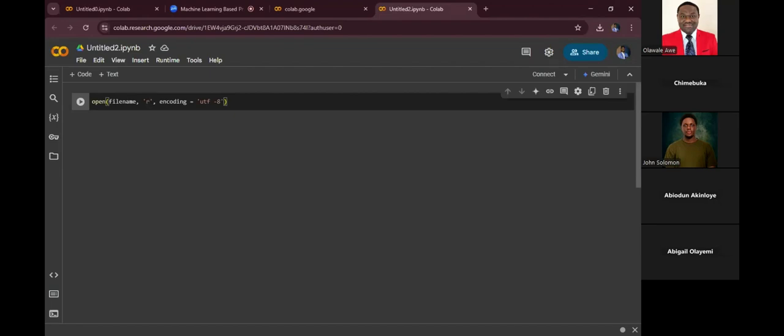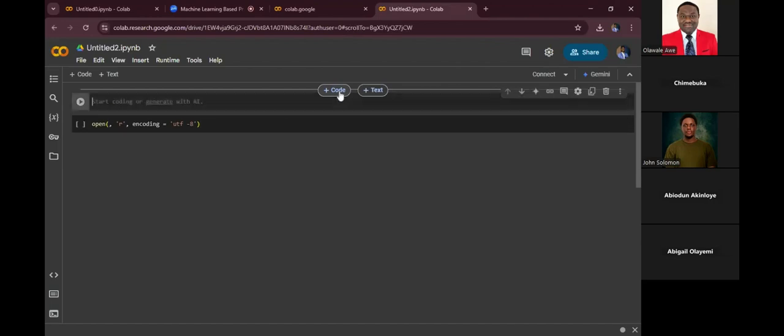So reading is what we'll be using now. So I will just open any file that we have and then work on it. So file name. Okay, before this, let me quickly give Google Colab access to my computer files, so that I can just take files directly. To do that, I would just say from Google Colab,